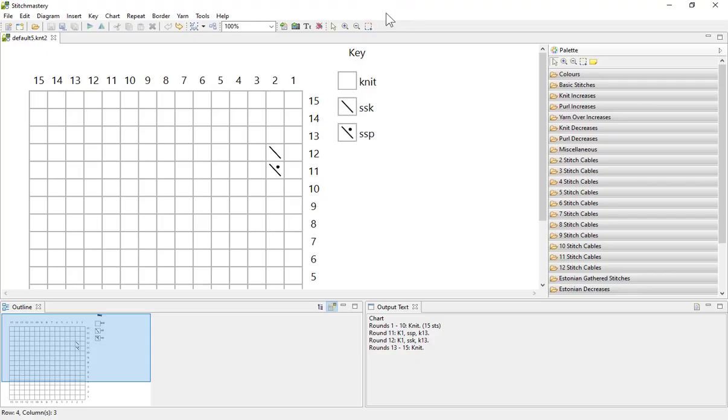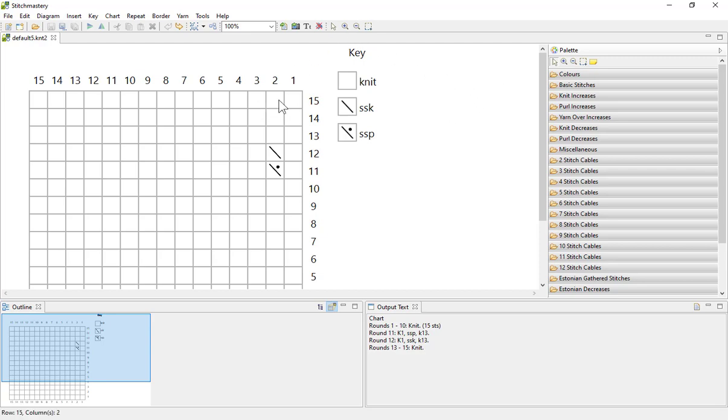If you frequently use the same selection of stitches in your designs, you might like to reorder your stitch palette and folders to have your most frequently used stitches all together in one folder and have that folder pinned open all of the time to make it as easy as possible to access those stitches.